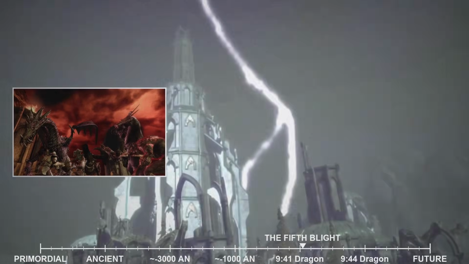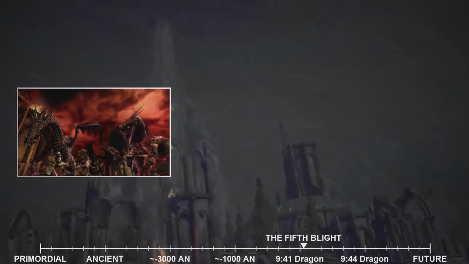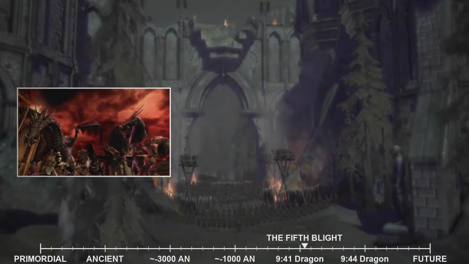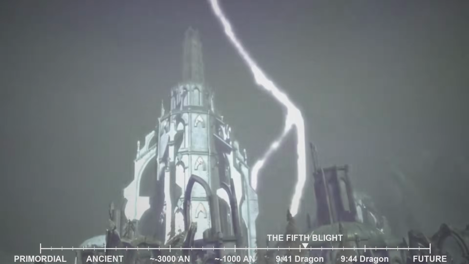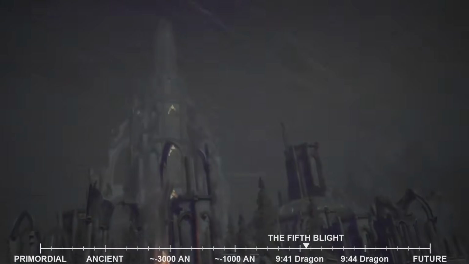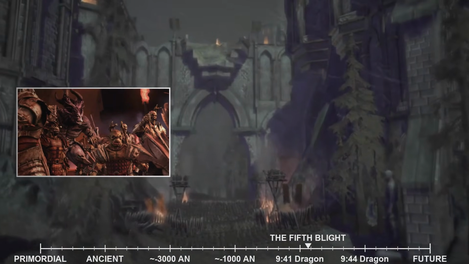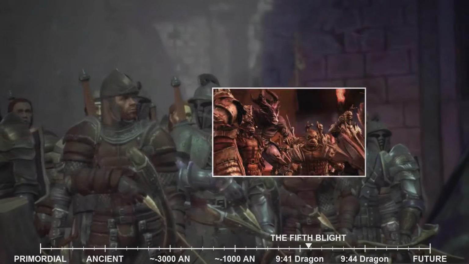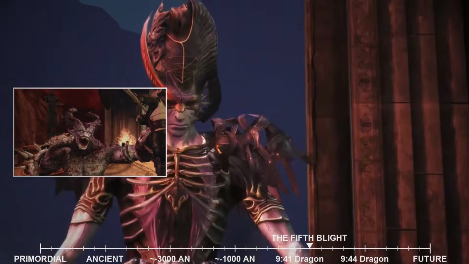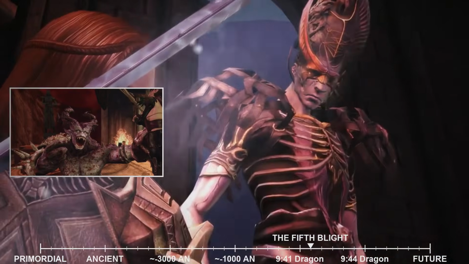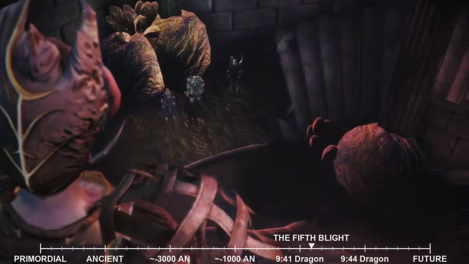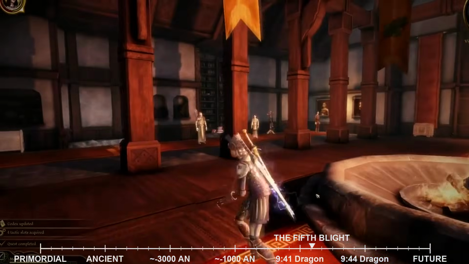Traditionally, Darkspawn were driven by the song of the Archdemon and a primal urge to corrupt and destroy. Their speech, when it occurred, was usually limited to guttural growls or fragmented, corrupted words. But these new Darkspawn were articulate, capable of complex thought, and clearly operating under a unified command. The investigation into these intelligent Darkspawn quickly became the Warden Commander's primary objective. Who or what was leading them? What was their ultimate goal?